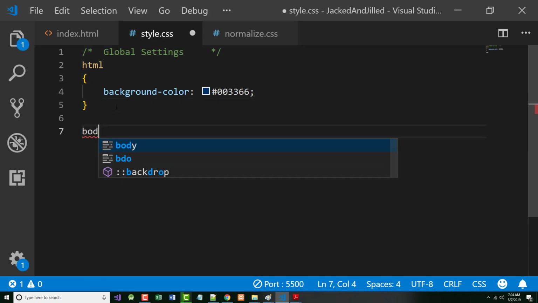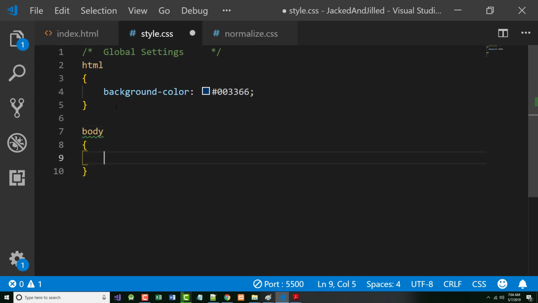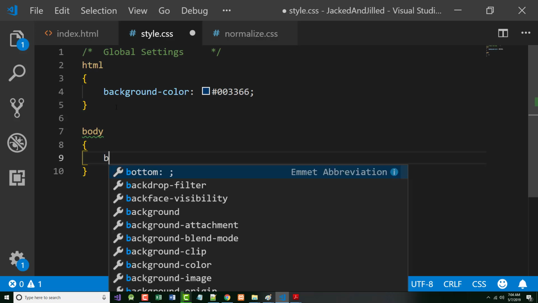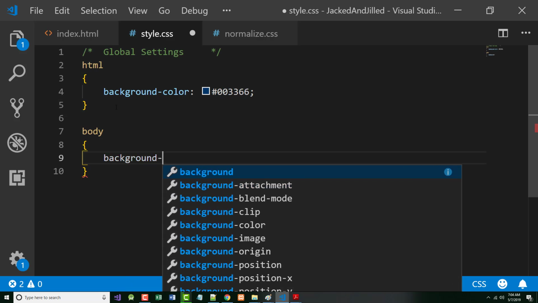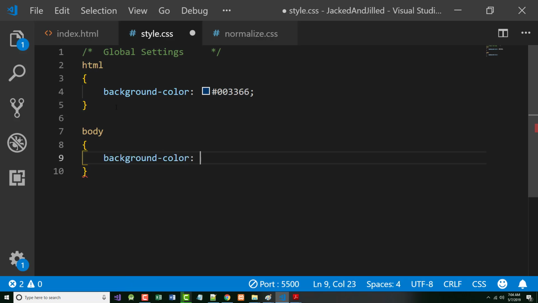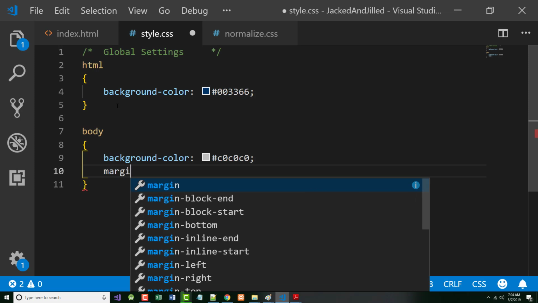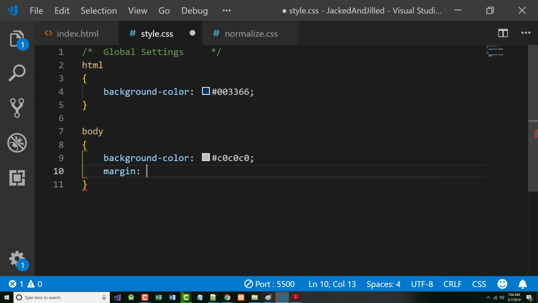Now I'm going to say body, and that's all the stuff within the body of the document. html is everything. It's the whole page, for lack of better words. Here I'm going to set the background color to kind of a silver or kind of a grayish. Okay, I'm going to say margin 0 auto to try to center this on the page,